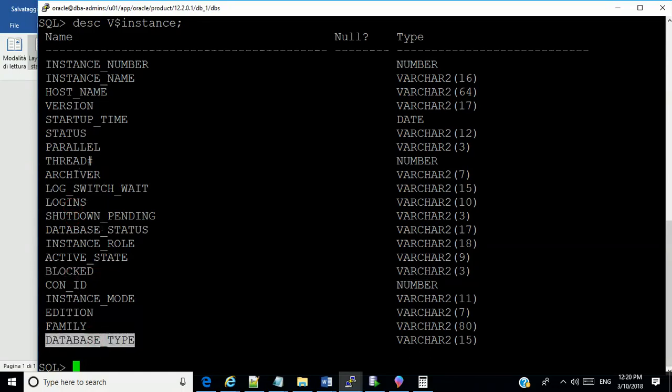It will tell you whether your database is in archive log mode. It will give you the instance number, which is very important in RAC environments. It will give you the instance name, the host name. You can get all the information you want from V$INSTANCE. It can also tell you the mode in which your instance is at the moment and all that kind of stuff.